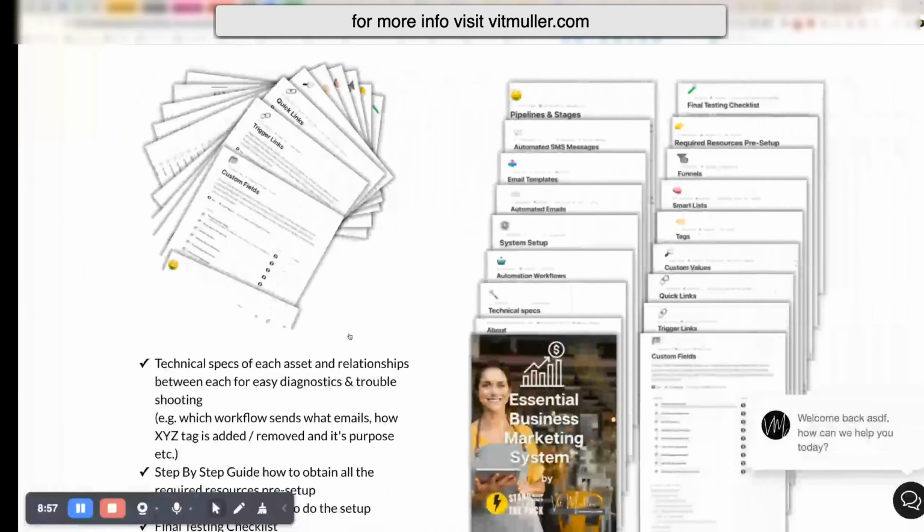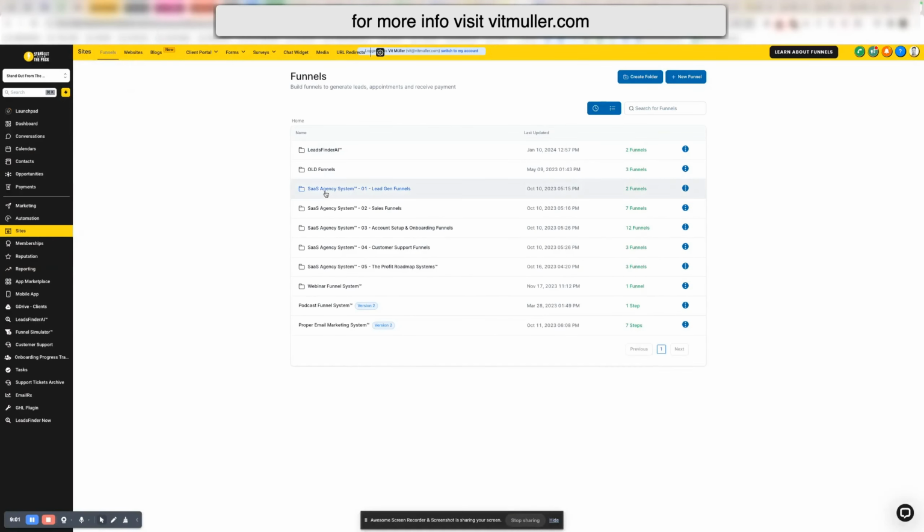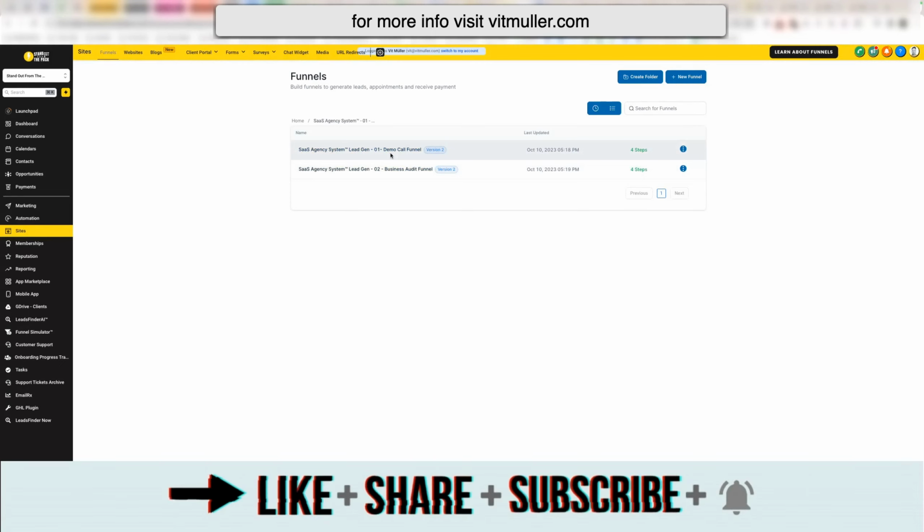Let me just go back here and show you more on the back end, like I promised, on the system. So here we have five different folders. Each one has a different amount of funnels. Let me just go into each really quickly so you can see the extent of what's included. There's a lot that's included, hence why the price of the system is $3,497 at the time of making this